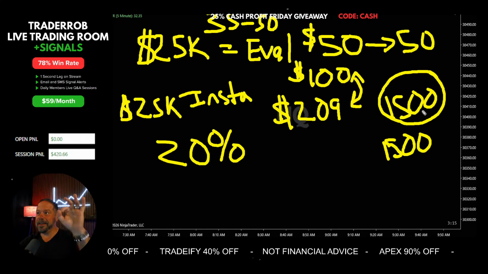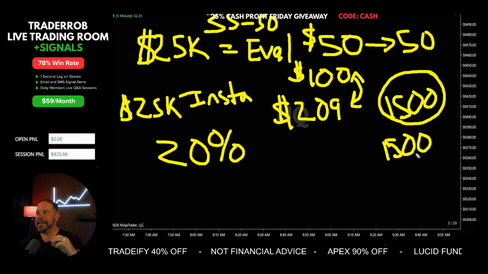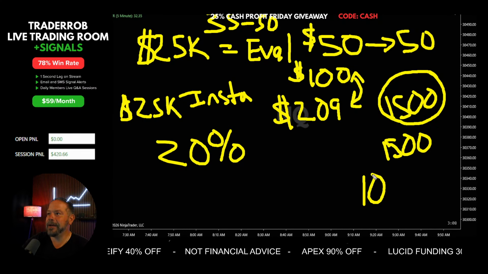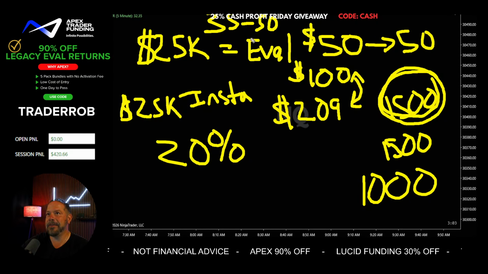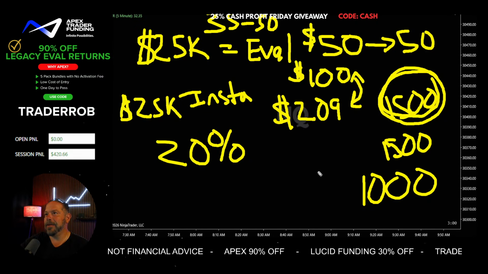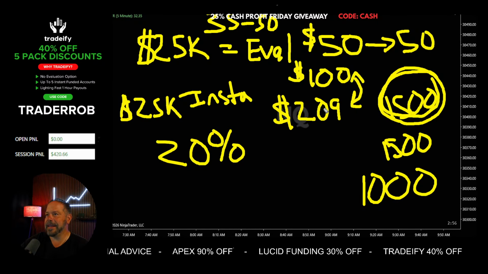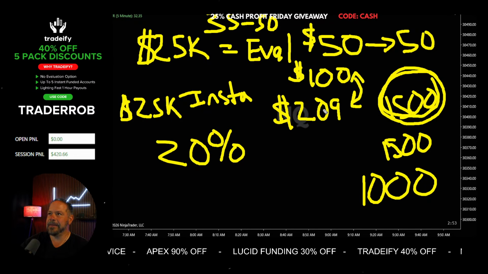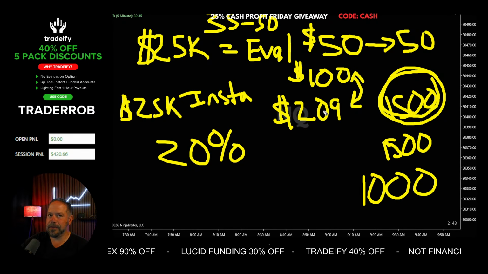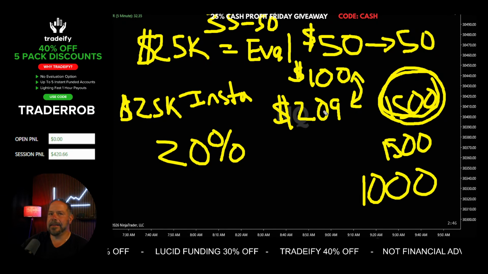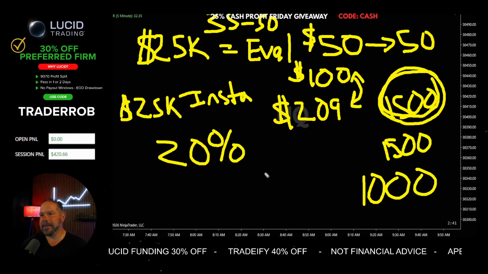If you make the $1,500 to get funded, why not take a $1,000 payout on this side when you make the $1,500 from your eval that you have up here? The only negative to this is the $109 more upfront. I get that not every trader has the same capital to start with, so I'm being very broad stroke here. But again, it's not that big of a difference. And then lastly,